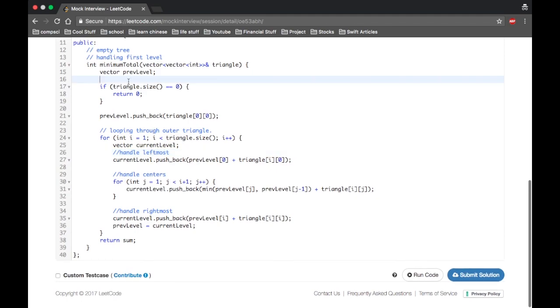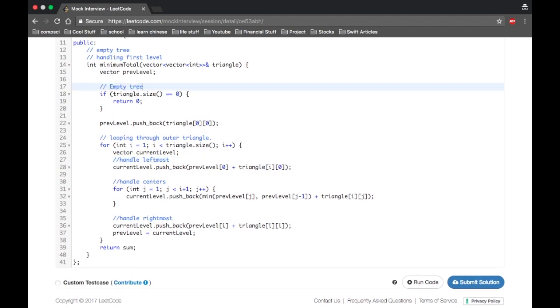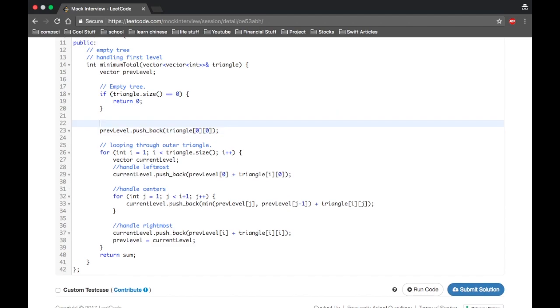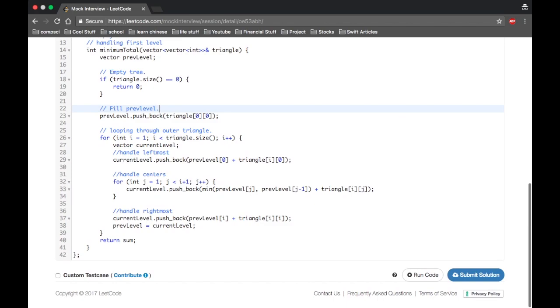Okay, so if it's an empty tree, we just return 0. Otherwise, we fill prev level. Then we loop through each level, and we fill out the current level. So we first fill out the leftmost ones, then we fill out the center ones, then we fill out the rightmost one, then we set the previous level to the current level, so the next level can use the current level. At the very end, we just loop through